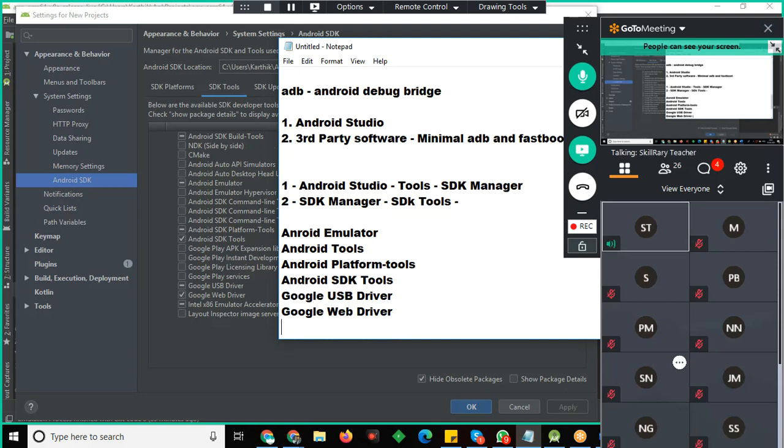Otherwise don't install it. Then Intel x86 Emulator, you just install it.